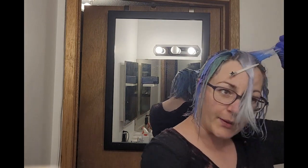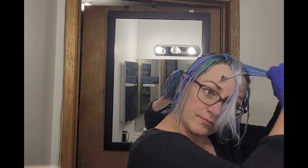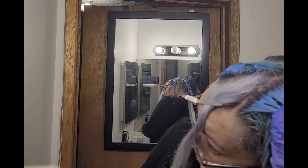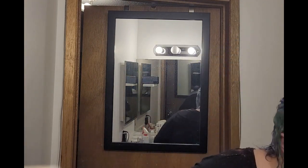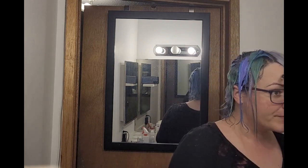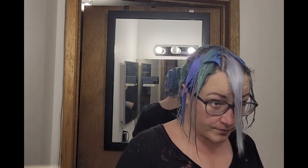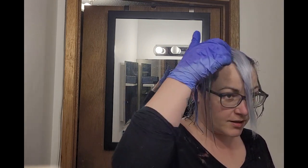Here's hoping this works out. I feel like ambition might have exceeded reality today. But I haven't done anything ambitious in a while, so it's about time. This green looks really dark. Everything kind of looks really dark. Hopefully it won't be this dark when I wash it out. I don't want to do that all purple. I usually got my hair like